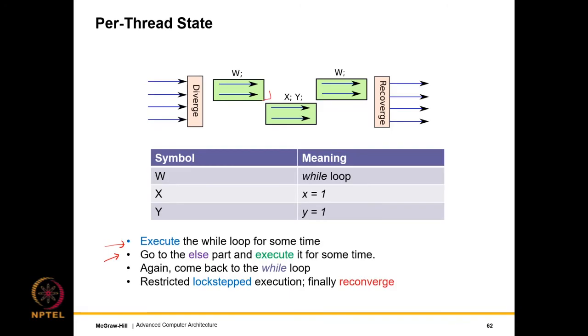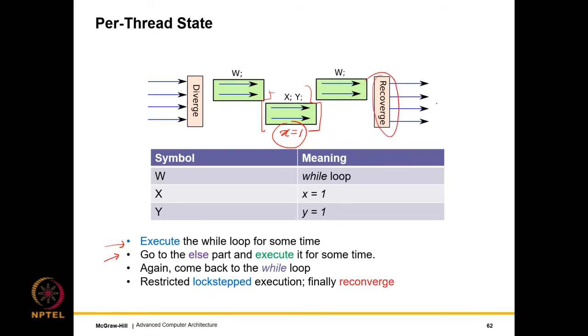The advantage of doing this over here is that X equal to 1 will be set by some thread. Doesn't matter who. Finally, we can come back to the while loop, and the two threads which should have executed instructions in the while loop, they will execute it. And basically, the others will ignore, but at least they will exit the while loop. So since the if part and the else part, all the threads have exited both, we can enter the point